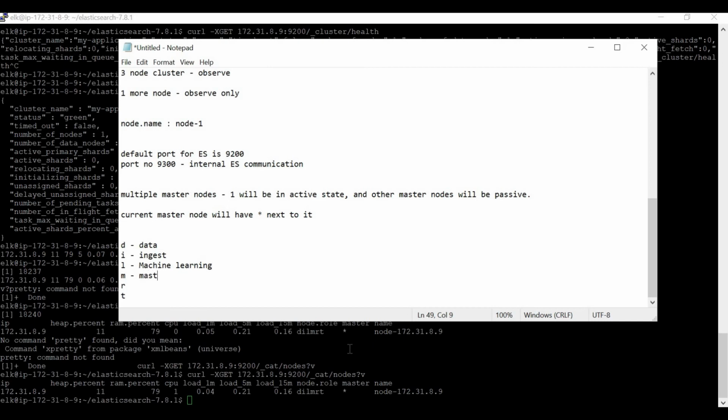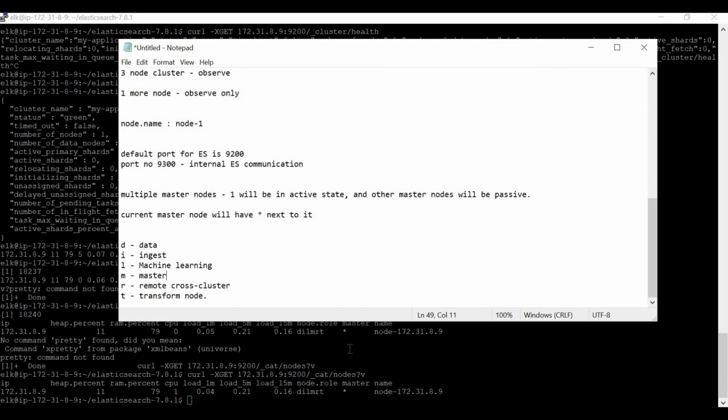This is master. This is my remote cross cluster node, and this is my transform node. So all of these have different uses.